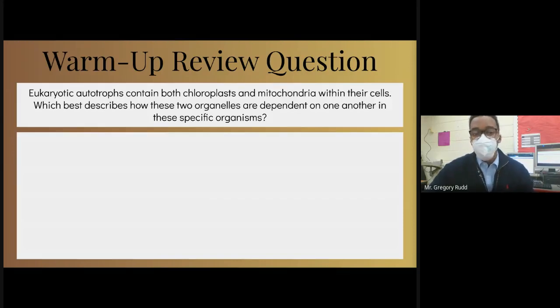Sometimes the answer choices will confuse you, or you see something and you're like, oh, that sounds right, without ever actually considering if it answers the question. So you don't want to fall into that trap. So before we even look at the answer choices, can we make a prediction about what the answer should be? Does anybody know anything useful about chloroplasts or mitochondria? What do chloroplasts do?